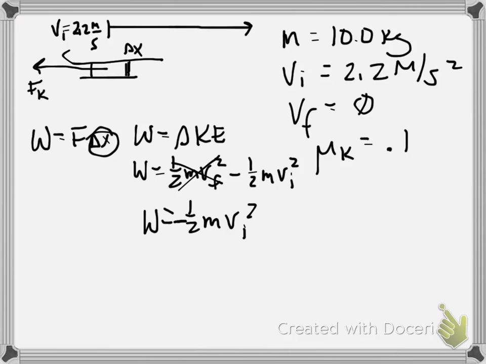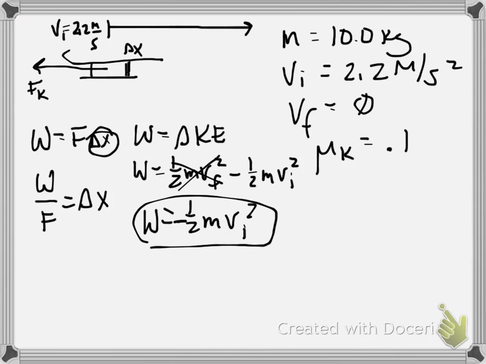One approach, and this is not the way your book does it, but I think it's more intuitive and makes more sense, is to solve this for delta x to begin with. So work divided by force equals delta x. Okay. So at this point we know that we're going to have to build expressions for both work and for force. Well, work is done. So now we're up to this, negative 1/2 m vi squared over force equals delta x,